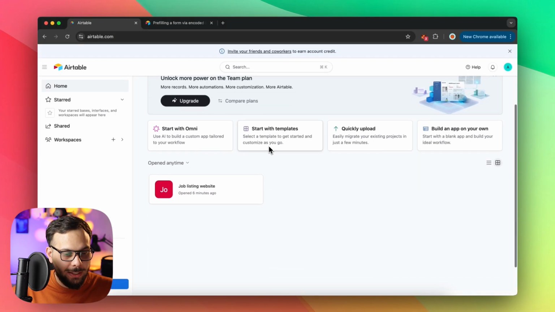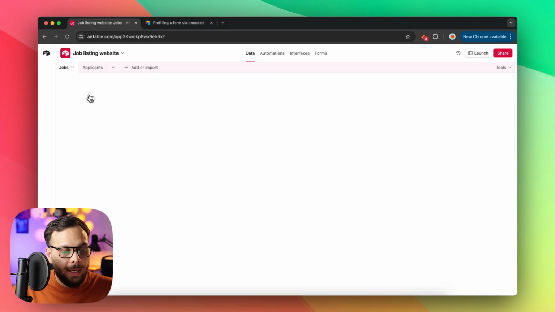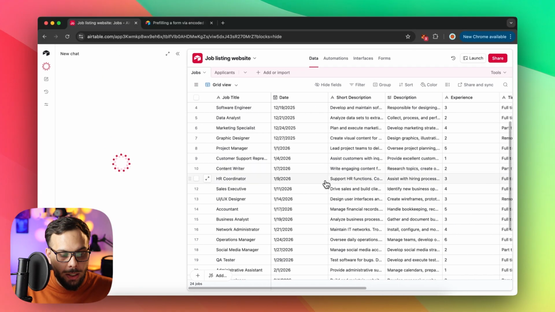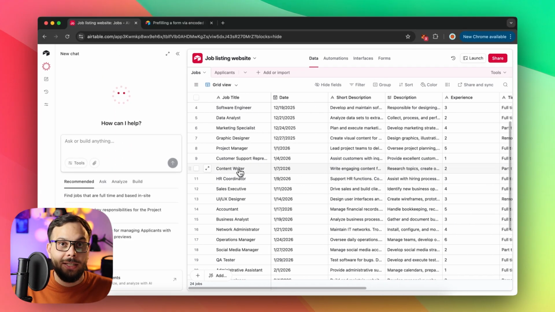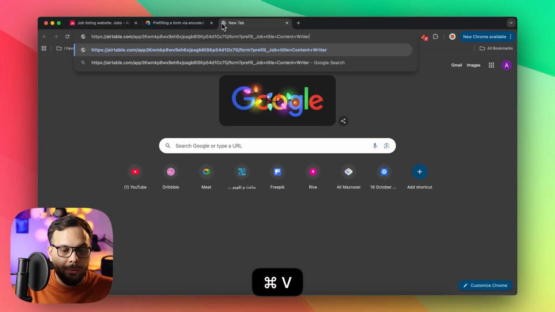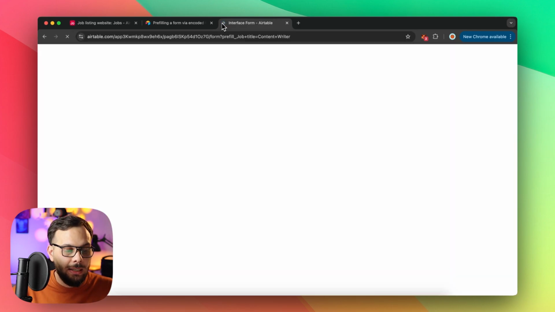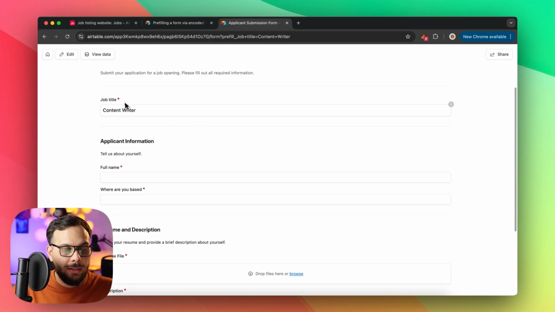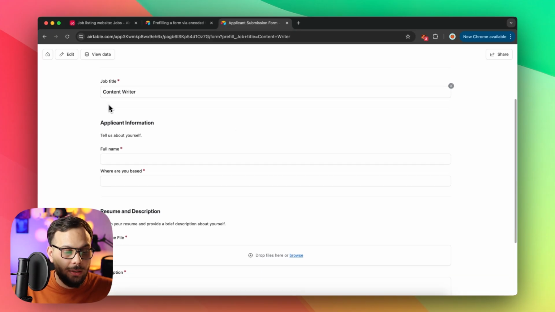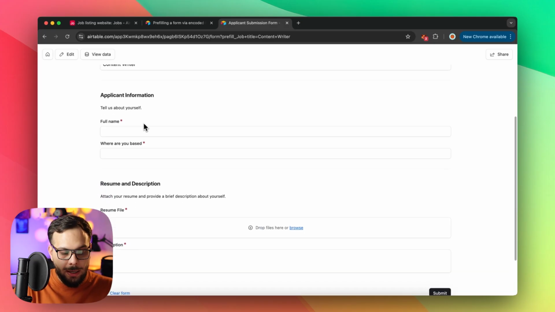Okay. If I go back to my data, you can see that under the jobs, we do have a content writer, and everything needs to be capitalized on the first character. And in between them, we do have a blank space. So, okay, I'm going to paste the URL that we just created, and I'm going to hit enter. And as you can see, the job title is going to be content writer. Okay. And I'm going to say Maz,